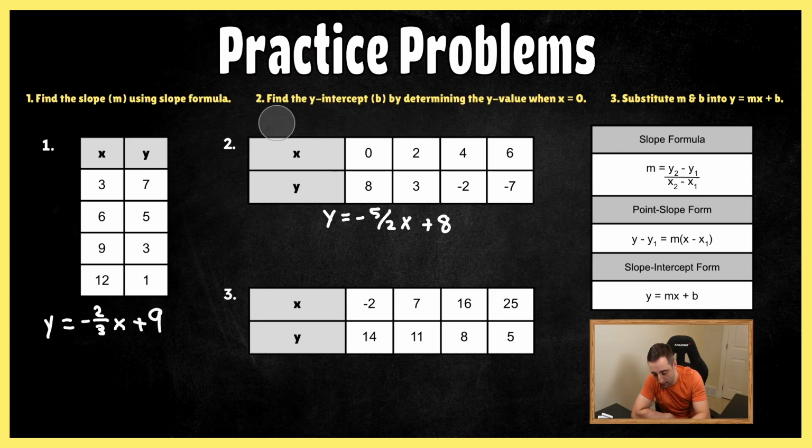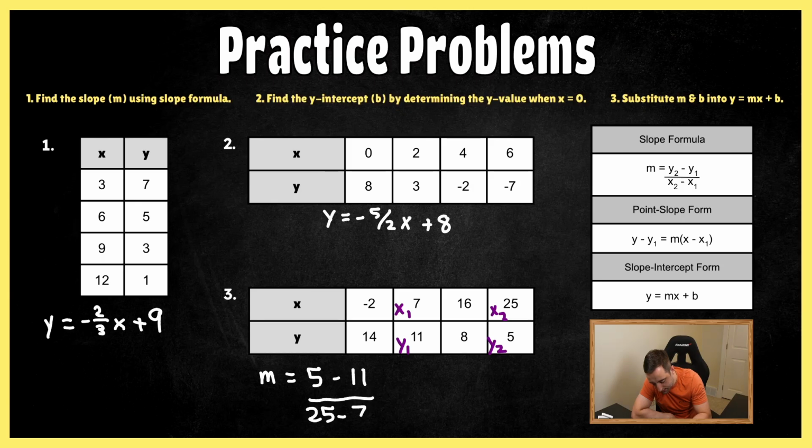And then on to the very last one. So hopefully you're 2 for 2 right now. Let's go ahead and find our slope using slope formula. So we have x1, y1, x2, y2. Let's go ahead and plug it in to slope formula. So we have m equals 5 minus 11 over